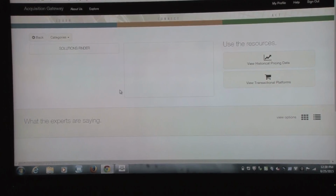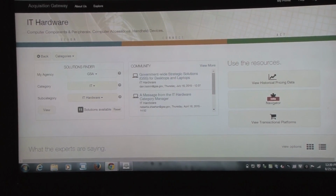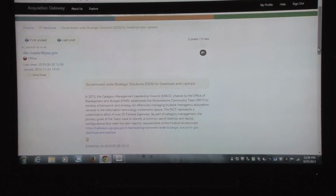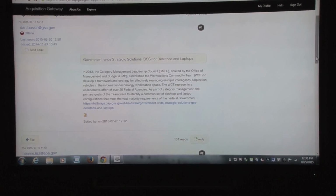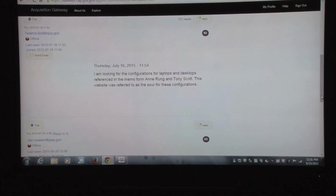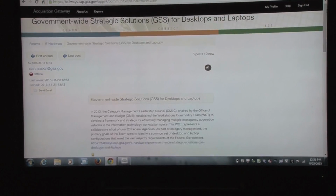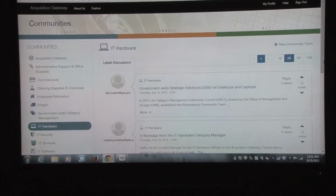They would go into the IT hardware hallway, and they would see the Solutions Finder already targeted to IT hardware. They also can see the community postings on laptops, so they're immediately seeing a community discussion around the government-wide strategic sourcing solutions for desktops and laptops, as well as a post and some commentary from EPA asking for the configurations and how to find them. And then you can see they're directed to where to find the new configurations that OMB's been releasing. That's the goal of the community, so that we can have that type of discussion. So going back to IT hardware,